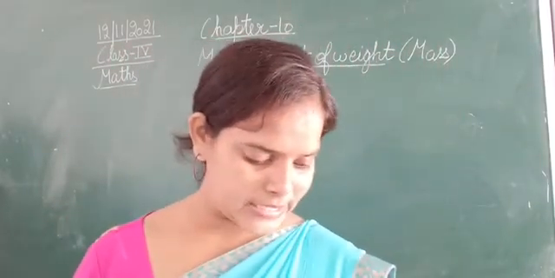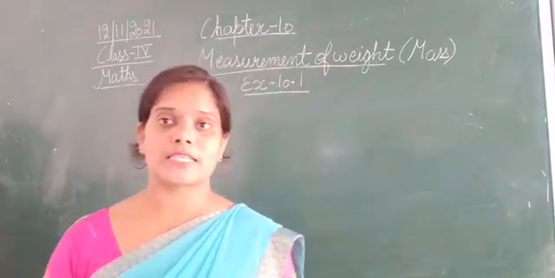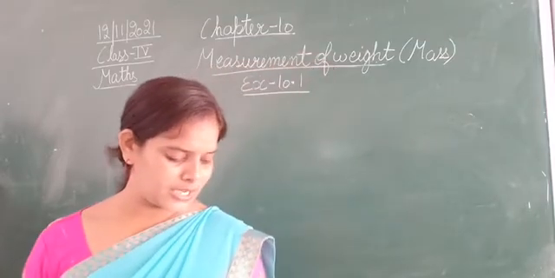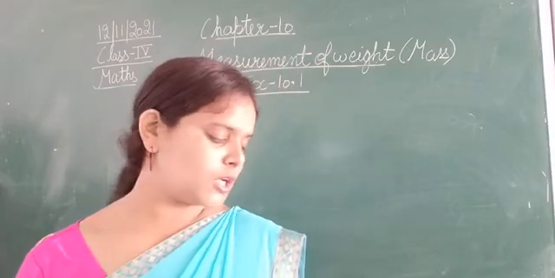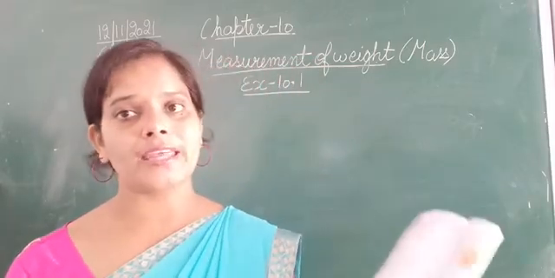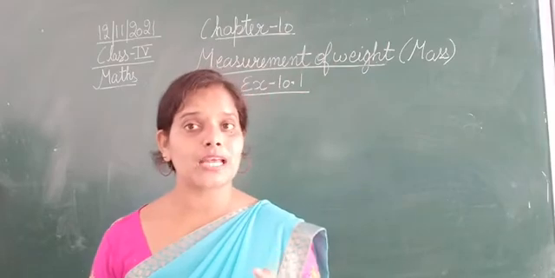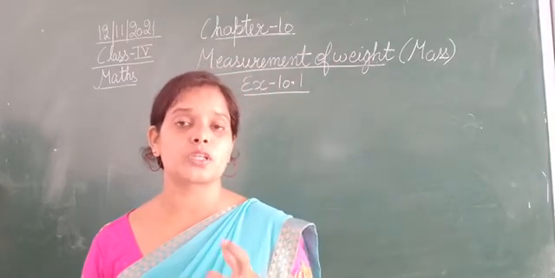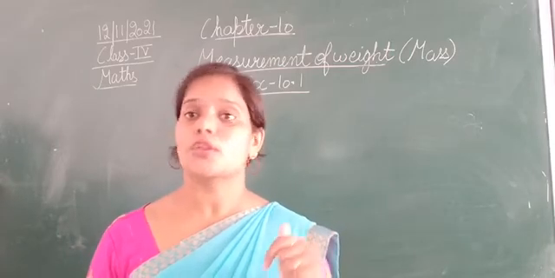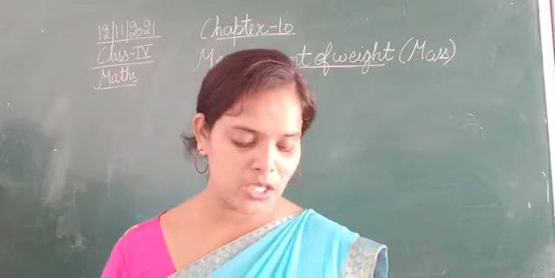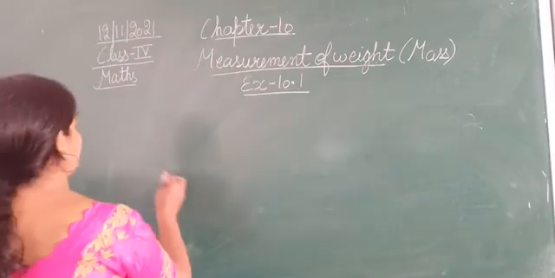Okay, so the first sum is, the question number 1 from exercise 10.1 is, Shweta bought some rice. If the shopkeeper used the following weights, how much rice did she buy in each case? Okay, first one is done for you. So here they have given some weights. Okay, those weights are used for measuring the weight of the rice that she had bought. Again, certain cases are given here, so we need to calculate the total weight that she had bought in these given 4 different cases.